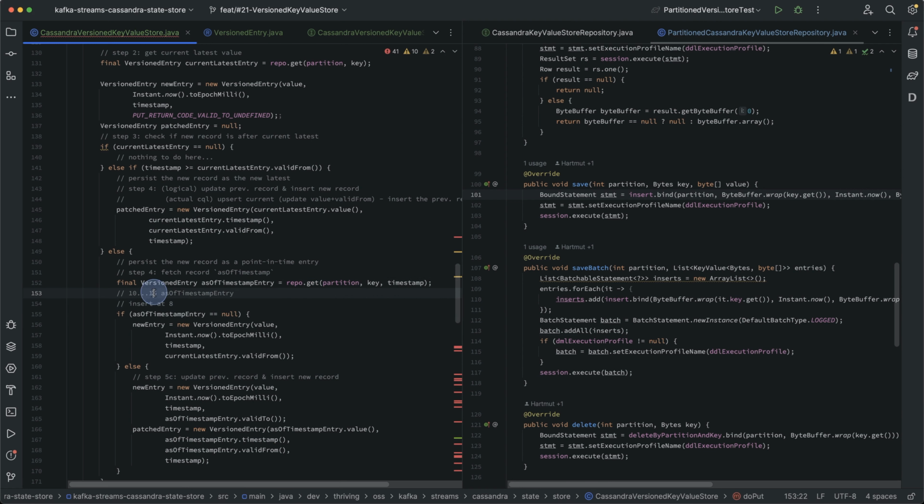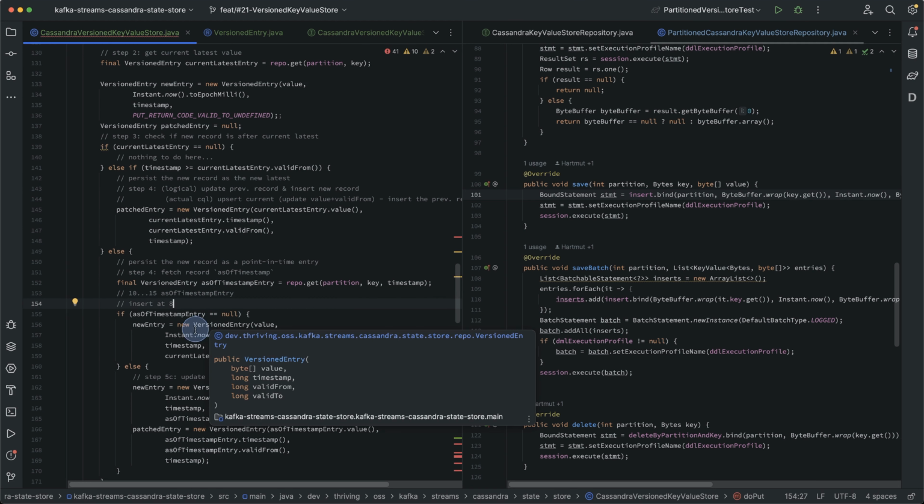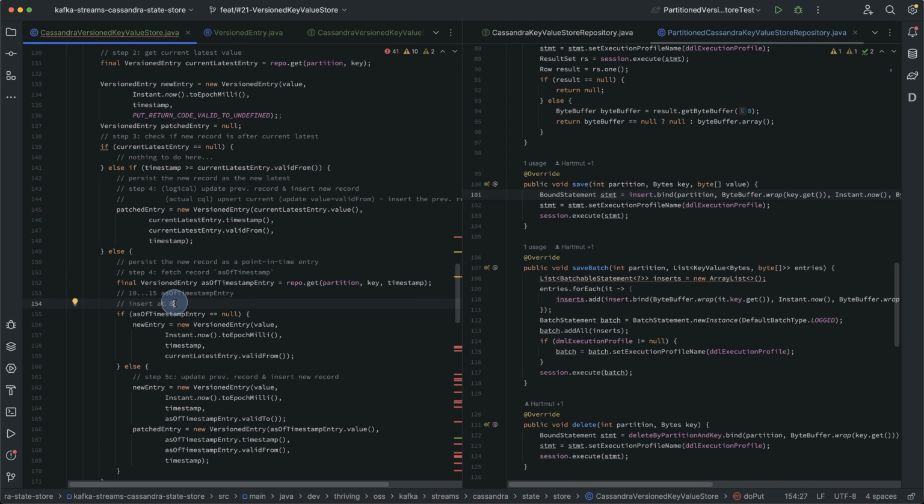So it will fetch this one. But since 8 is even smaller than the valid from of this entry,